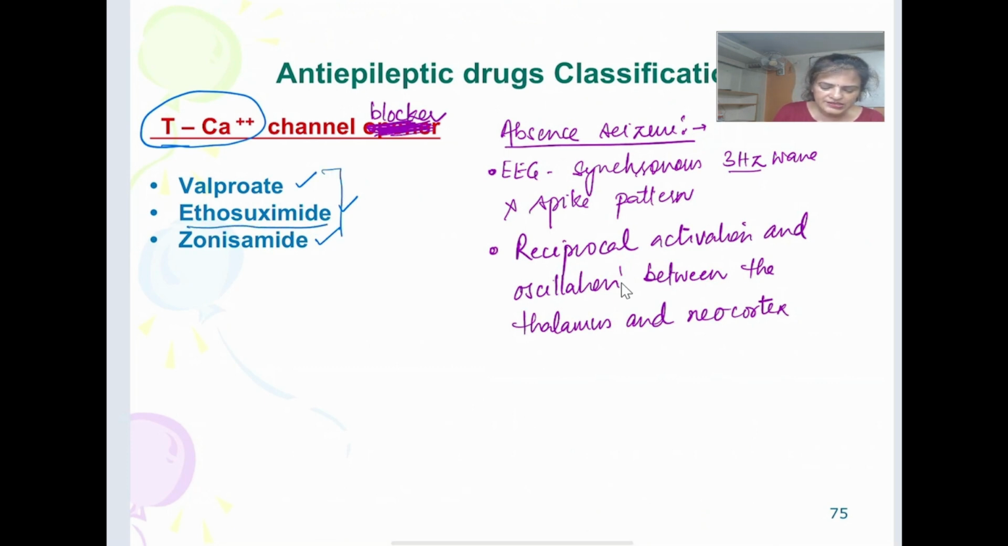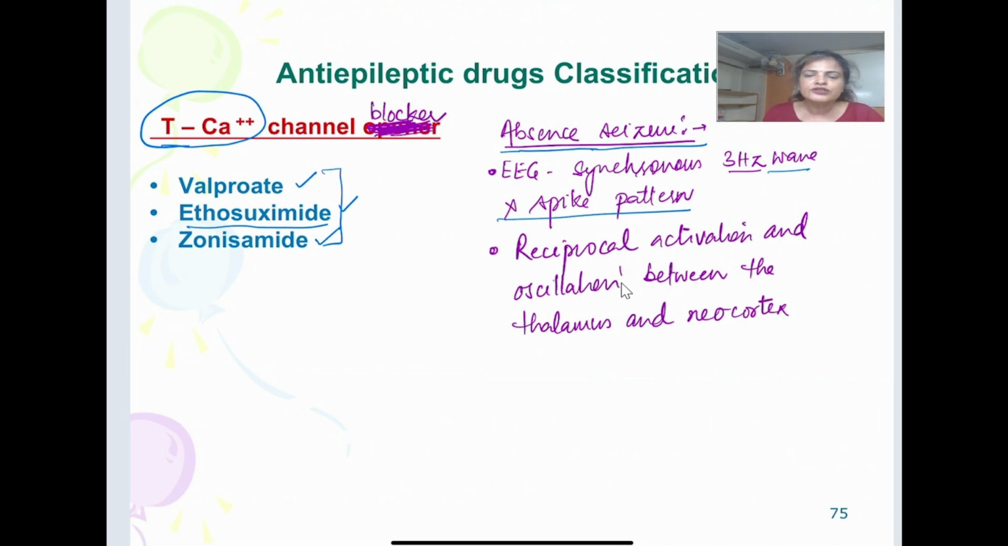Now all these drugs are effective against absence seizure. Now in absence seizure, in the first video I explained just a few lines. If we see the EEG in absence seizure, we see a synchronous 3 hertz wave and spike pattern, and they say the cause here is because there is a reciprocal activation